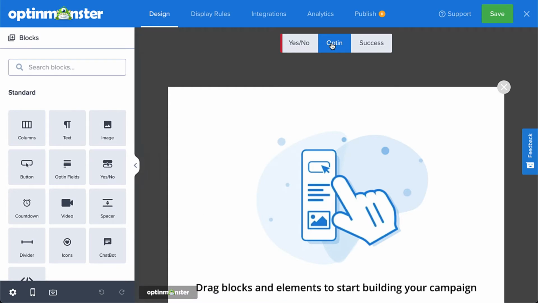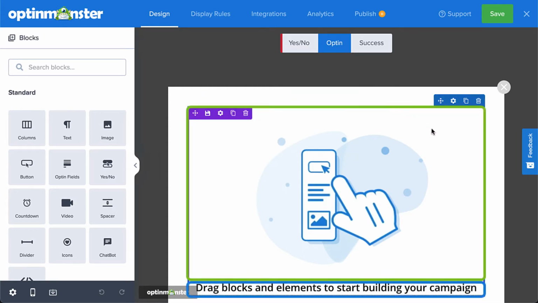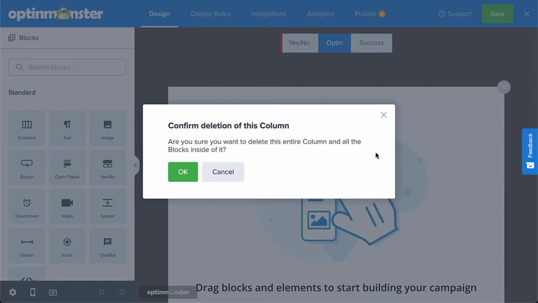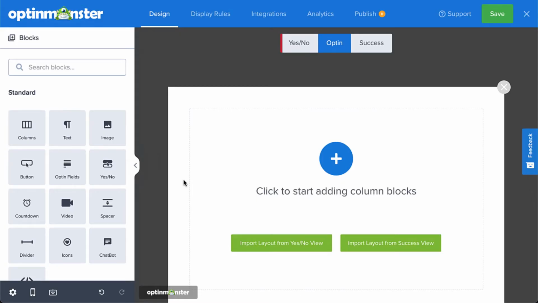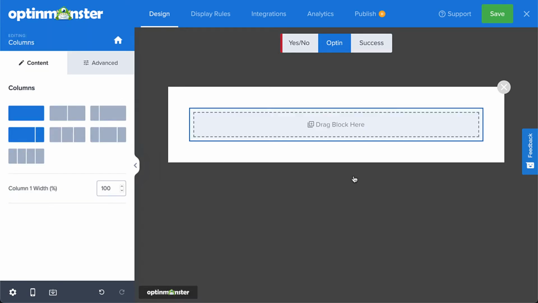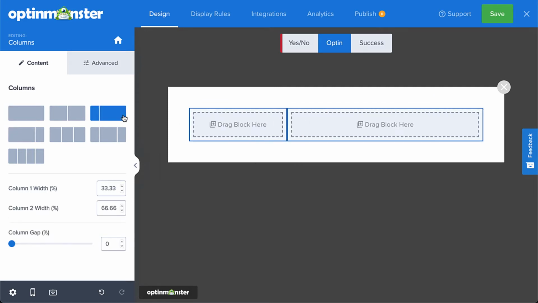The opt-in view starts with an image block and a text block that you can use or delete as you wish. I'll delete these to truly start from scratch. Next, drag the columns block onto the canvas. The first step is to select one of the column layouts. If you select a layout with more than one column, you can drag to custom size the columns and add